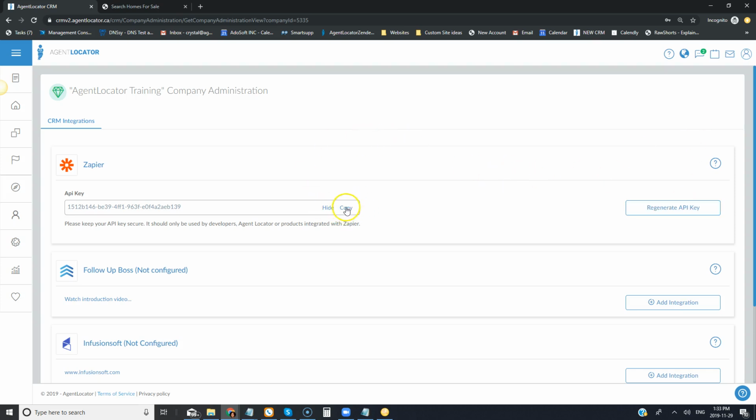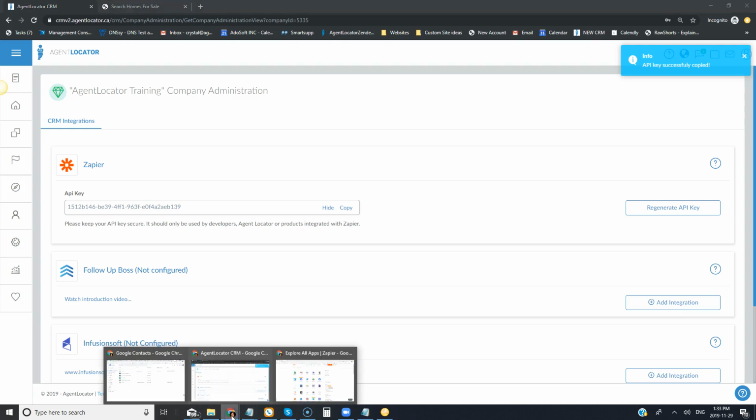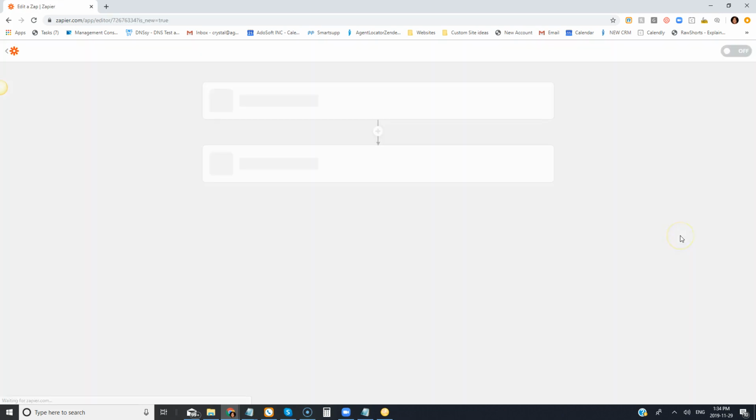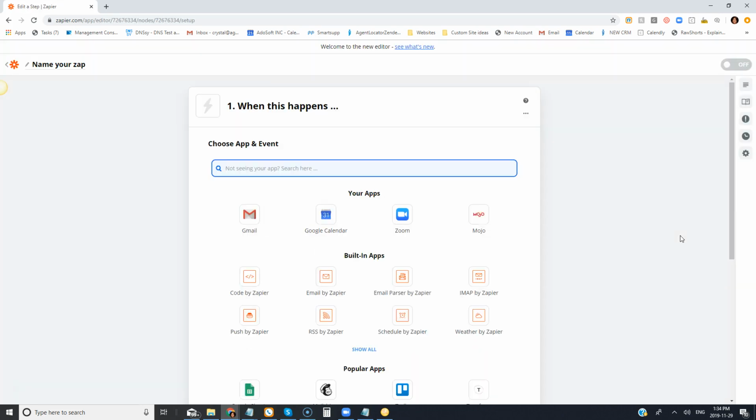So what I'm going to do right here is copy this, because I am going to need to know this API key in Zapier. So in Zapier, to make a Zap, you're going to go to Make Zap. Now you are going to choose the app that you want to Zap from. In this case, I'm going to Zap from my Agent Locator, and I'm going to Zap into my Google